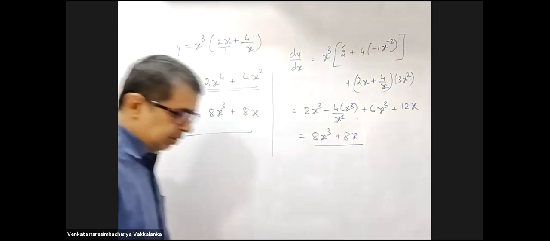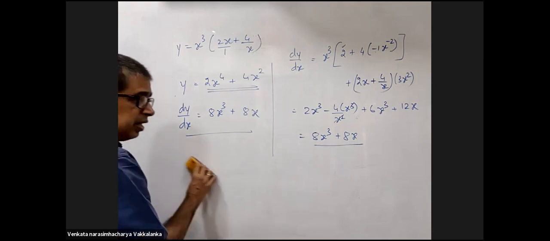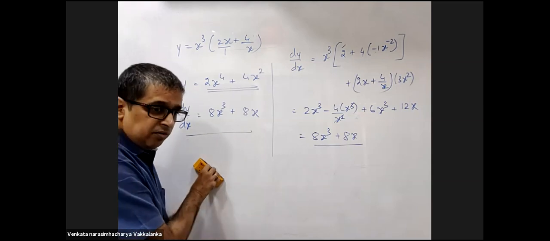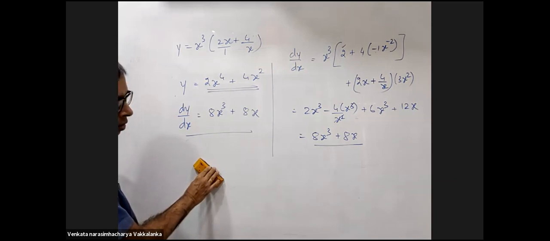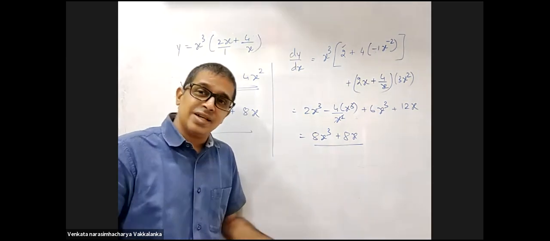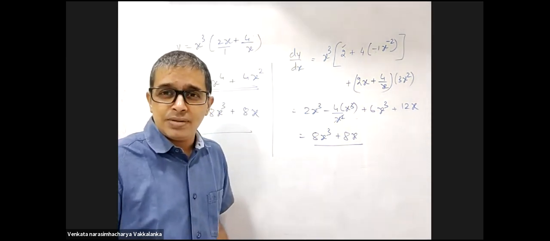Okay, sir. Or I thought we take u as 2x square plus 4 and v we can take as 1 by x. Can be done, but then certain situations you will have a problem. So u by v will be covered for it. Okay, sir. So that is division rule. It will be covered, I said. Next class I will tell. Why should I talk about it and waste the time of this class?